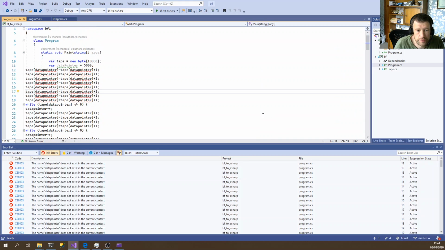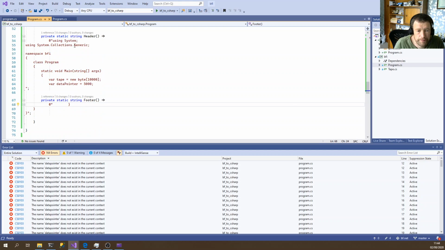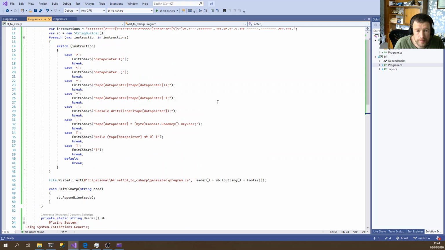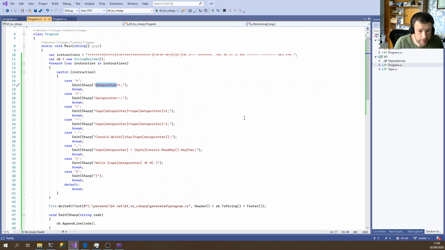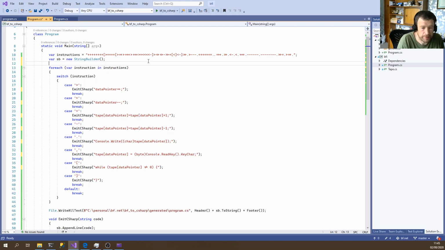Okay, if I had the casing right, it would compile. But the other thing we could do is actually indent some of these values. So we need to have 3 indents. So we've got data pointer at the moment. So we can repeat. So we need to keep track of how many indents we've got. So indents